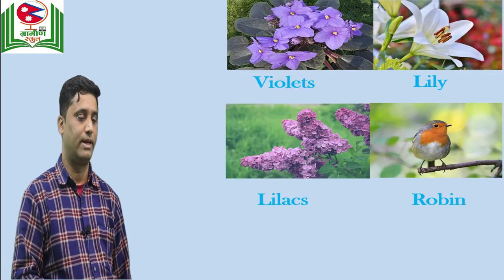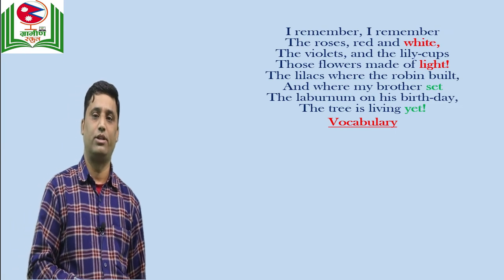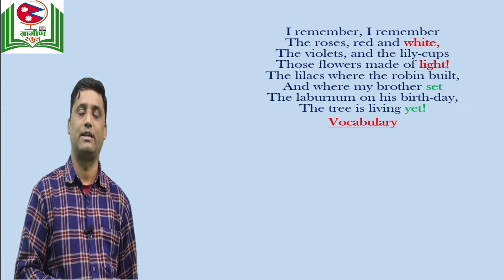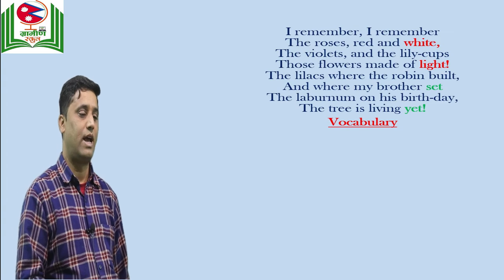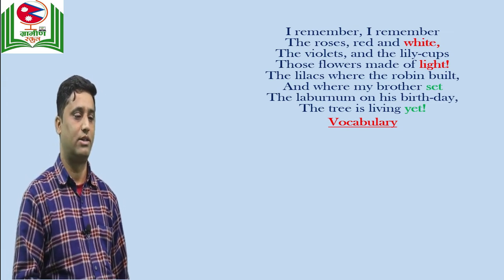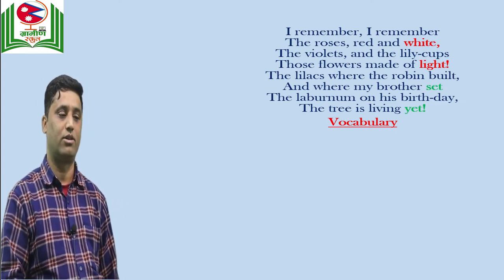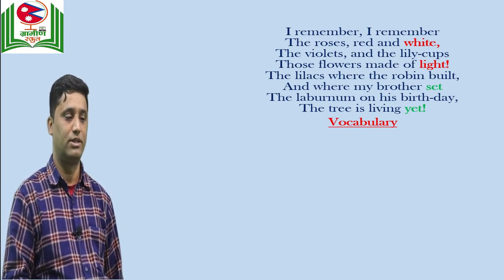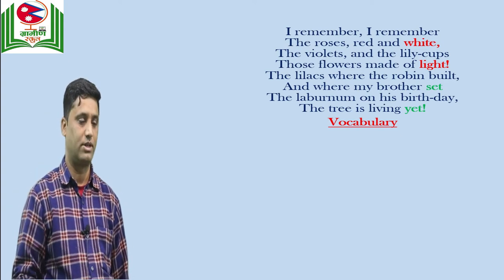See now, let's go back to the poem again. Yes, in these lines the poet talks about different colored flowers and the happiness that he would get by looking at them, right? So he says, I remember the roses red and white, the violets and the lily cups, those flowers made of light, the lilacs where the robin built, and where my brother set the laburnum on his birthday, the tree is living yet. Okay,